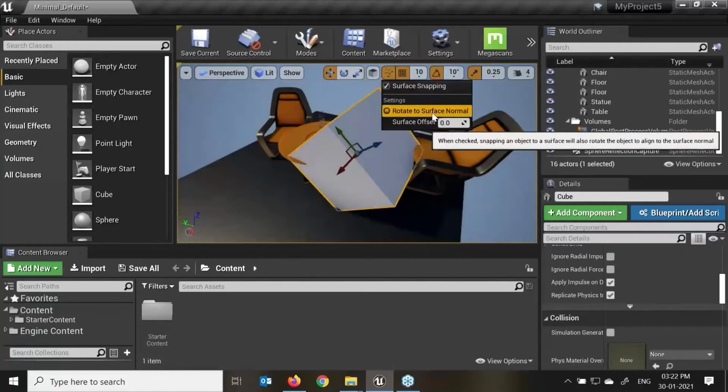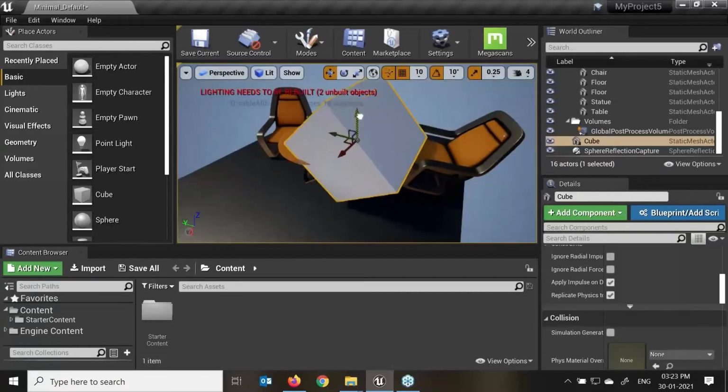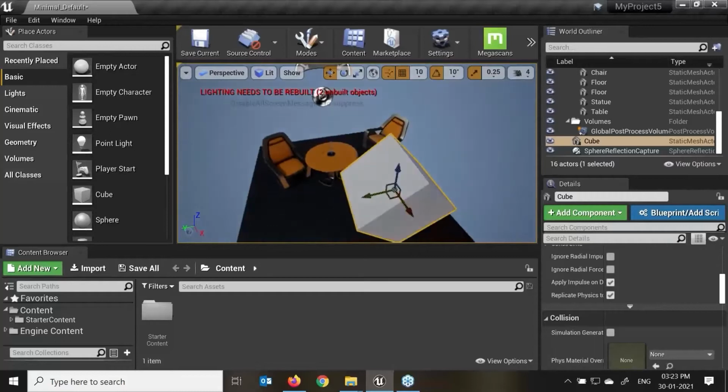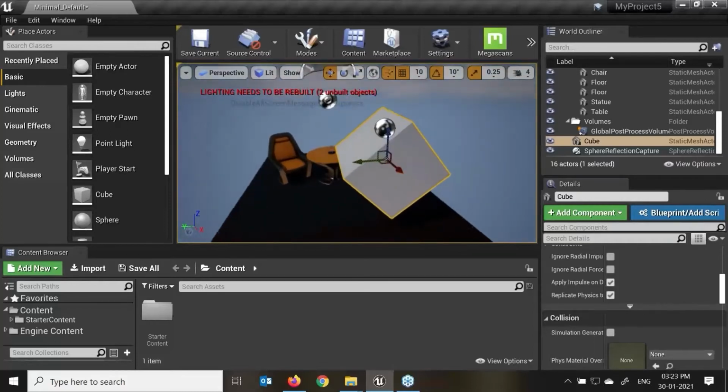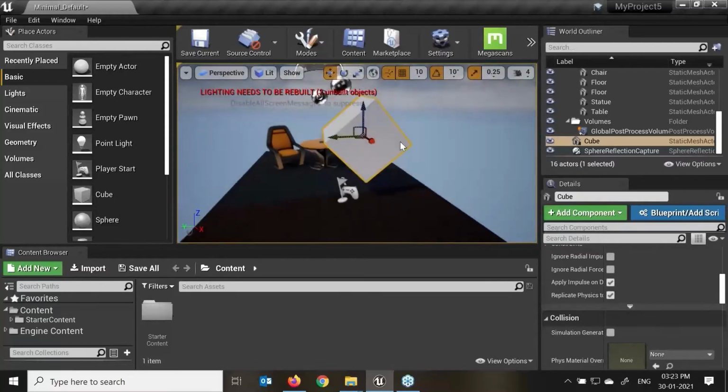Here we have the rotate to the surface normal. This is really very cool, the options what we have. For an example, I'll just create this into the world space over here, and if you'll see, the rotation value of this particular object is different. While during the snapping, when I move my object on my ground object or any other object, it has to come automatically into the normal rotation.